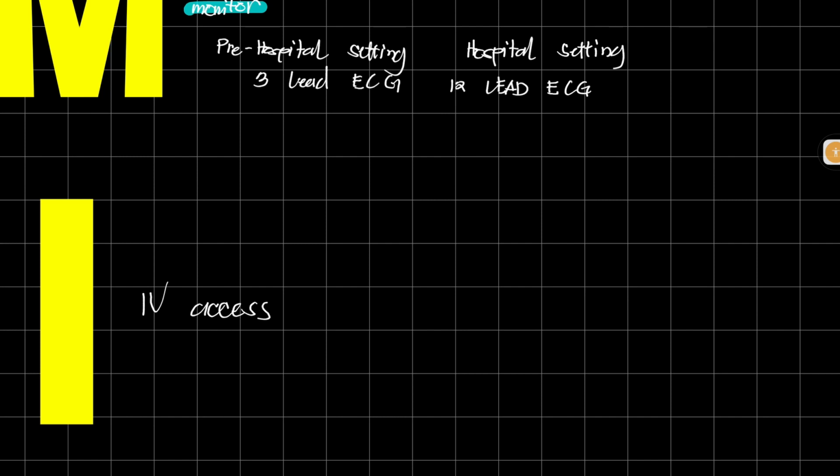Syempre, you will be anticipating that you will give medication to your patient because nasa pre-arrest ka na nga eh. So you have to have an access already. Kung nasa hospital setting ito, i-check mo kung may IV line. Kapag bago namang admitted ang pasyente mo, swiruhan mo na. If nasa ICU ka, critical care unit, you might want to check what type of central line, if there's any central line accessible to your patient. You might want to check the patency of it, all right? Because anytime you're going to use that one to administer any medication, ACLS medication to your patient,